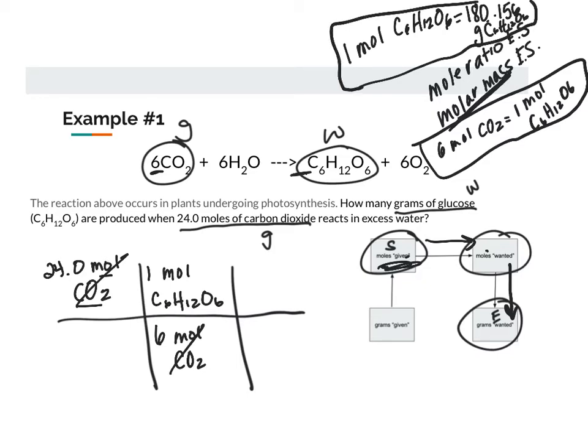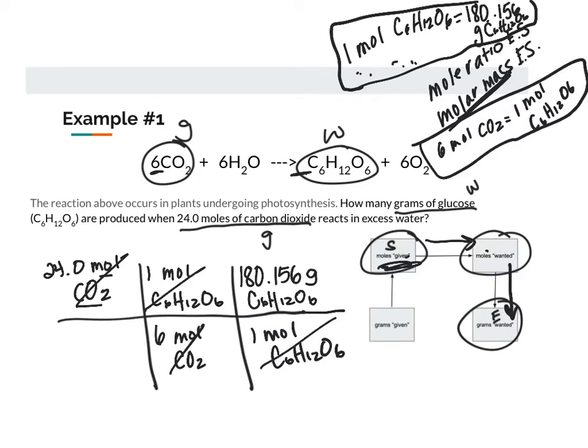I want to get rid of moles and I want to get to grams. So what I want left is going to be grams. I know that that's going to go up top on my dimensional analysis grid. So I'll put the 180.156 grams of C6H12O6, and then I will put the 1 mole of C6H12O6 on the bottom. So I just took it straight from this equal statement, right? So I'm going to cross out my moles of C6H12O6,